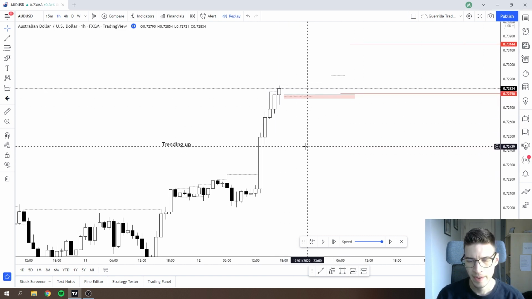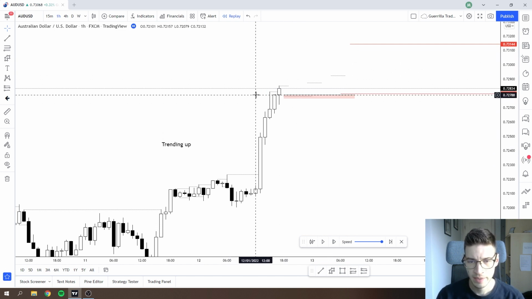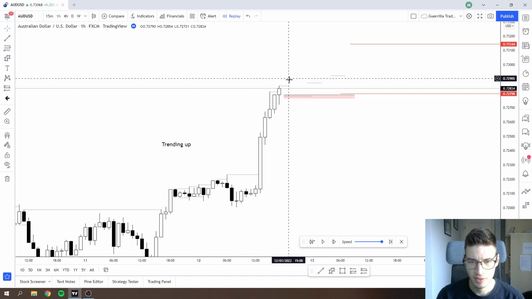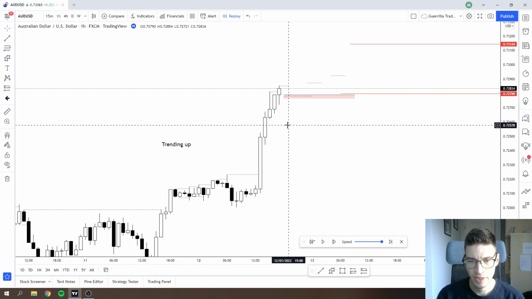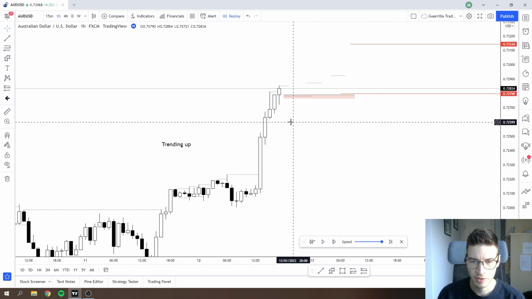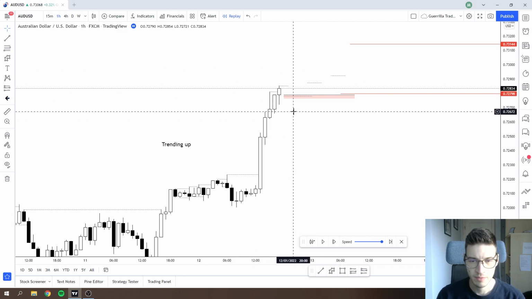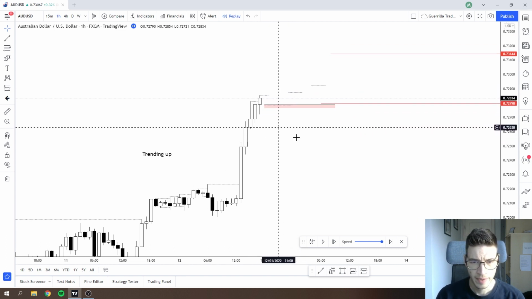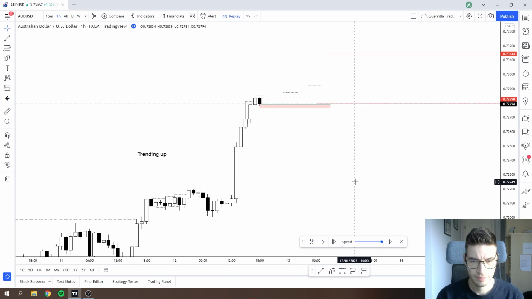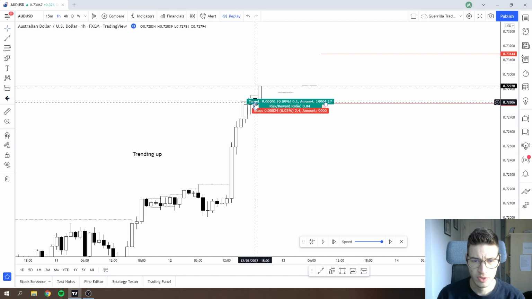at this level, and I first decided to stay out because it didn't fit my plan, but then FOMO kicked in, so I actually did place a pending order because I didn't want to miss out on this trade, and that was a bad call on my part. I should have stuck to my plan and not placed a pending order, but it is what happens. So FOMO kicked in and I decided to actually place a pending long order, and then on the next candle I got tagged in. It actually showed more momentum to the upside, so if I was not already in this